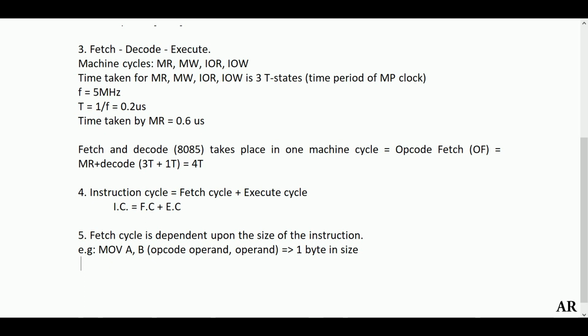Suppose we have this instruction MVI A, 20H. Here again we have the same format: opcode, this is MVI, and the operands are A and 20H. Now if you notice, this 20H is data which is embedded in the instruction itself, and this 20H will require 1 byte because 0 in hexadecimal needs 4 bits and 2 in hexadecimal will again need 4 bits. So this itself will take 1 byte. So minimum 1 byte will be needed. Along with that, the microprocessor also needs to encode MVI A, so that will take the least possible size, which is 1 byte. So here the size of this instruction is 2 bytes.